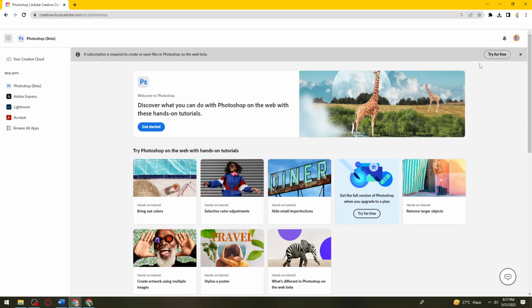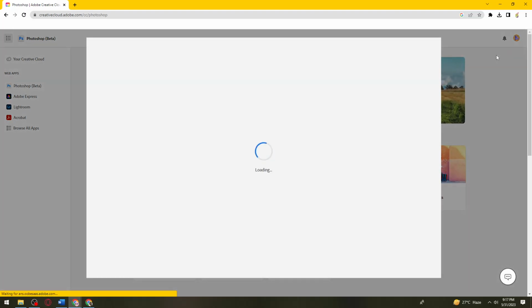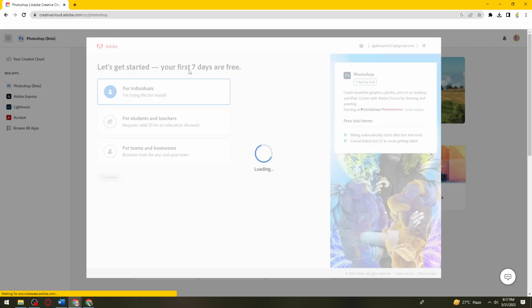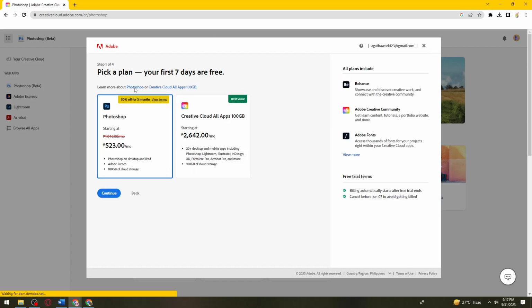So now as you can see, you need a subscription to create or open files in Photoshop on the web beta. So you can just go ahead and click on try for free. Okay, so your first 7 days are free. So you can just choose any of these because you don't need to pay for anything for 7 days. Okay, so I'm just going to choose this one,